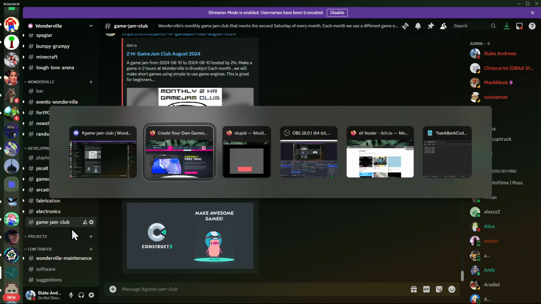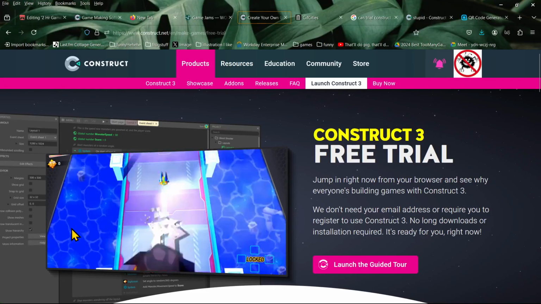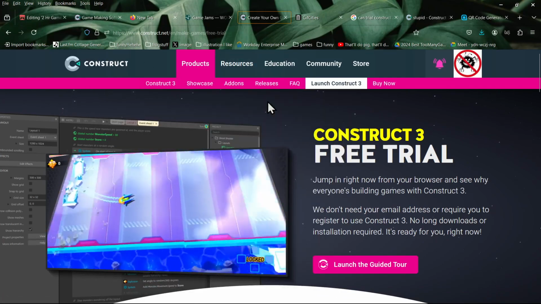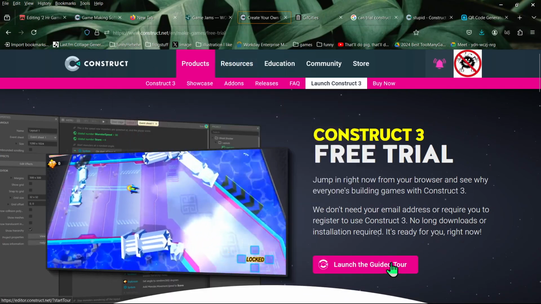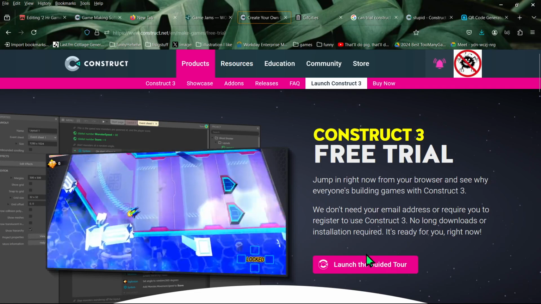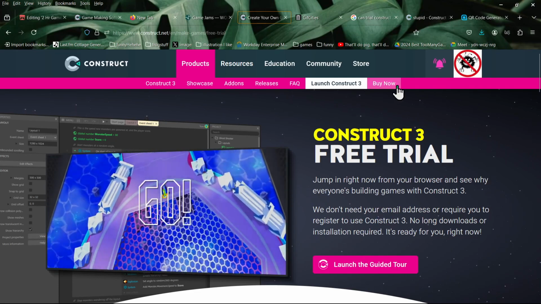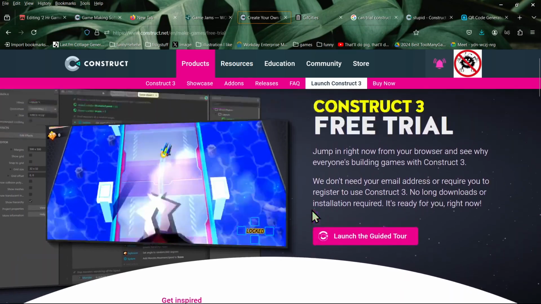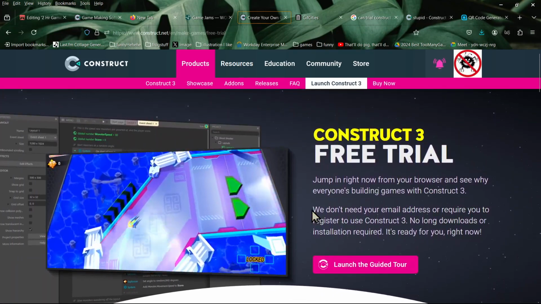All right, you found it? Yeah. And did you make an account? Yeah. Okay. I'm on. I have my Discord. I'm on the first page of the game jam. Okay. So, yeah. It's weird. You have a different toolbar than I do, because instead of launch Construct free, mine is free trial. It isn't that far. Page bar. Oh, it's probably because I've already.